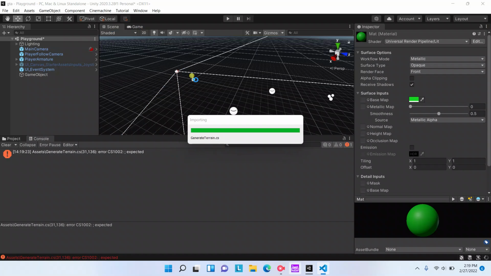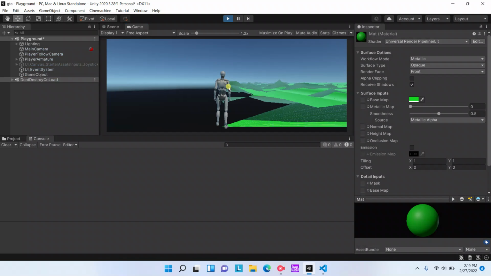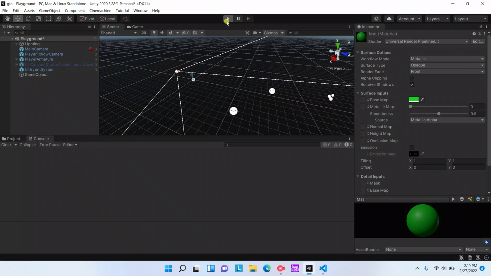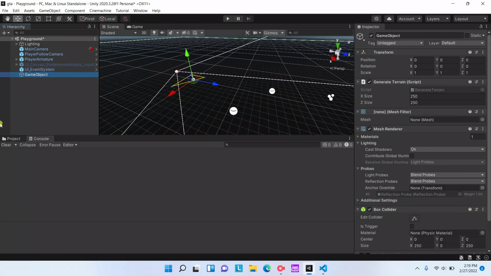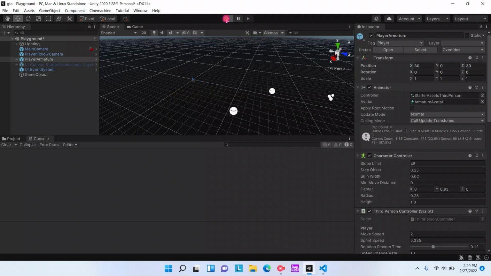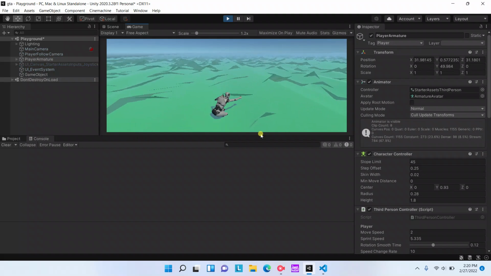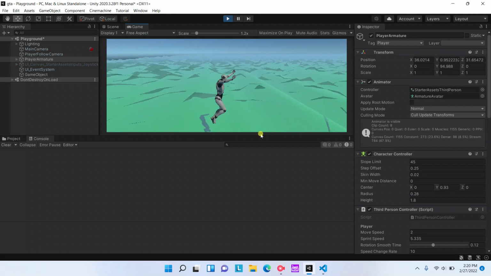So now, if you followed along correctly, when you join the game, you should be walking around some nice green terrain. Wait, hold on. What you do is you change the player's position a bit. I don't know, like 20, I'll do 30, and then up here I'll do 30. So, when you join the game, look around. It's not the best, of course,